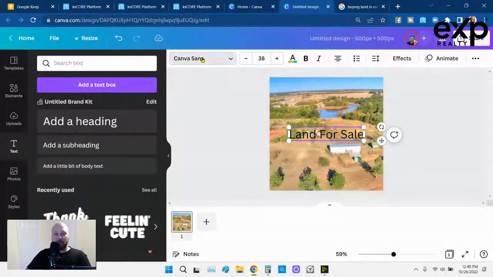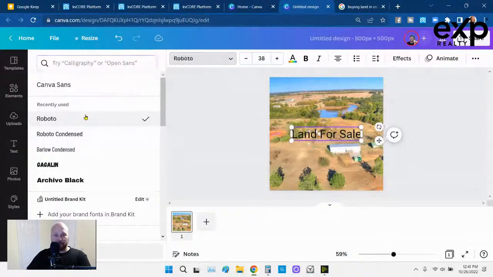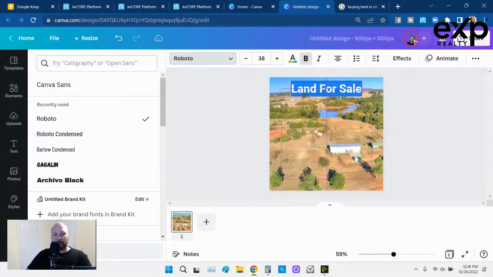And then I brand everything to EXP. That's where I'm at. So EXP's text is Roboto, and then I bold it. Whoops. I had to click in there and then push Control A, and then I bold it. And then I'm going to bring it up here on the horizon, and I'm going to make it big. Where's my little indicator? Right there. Okay. So see how it's all black?